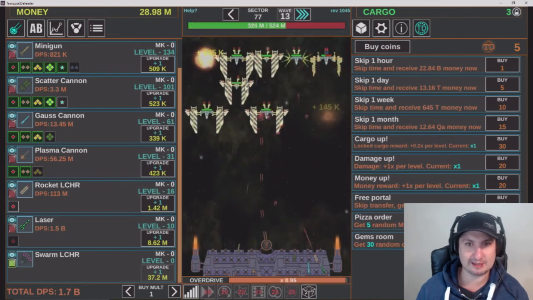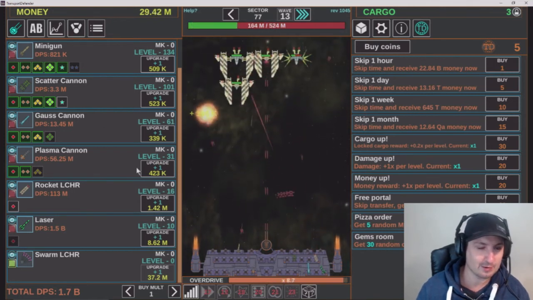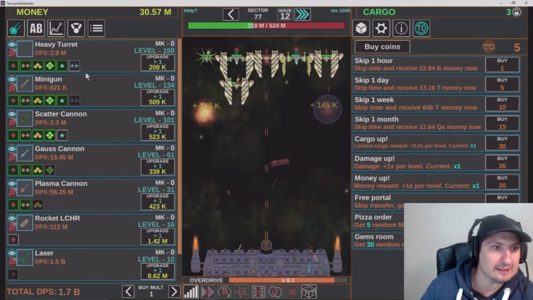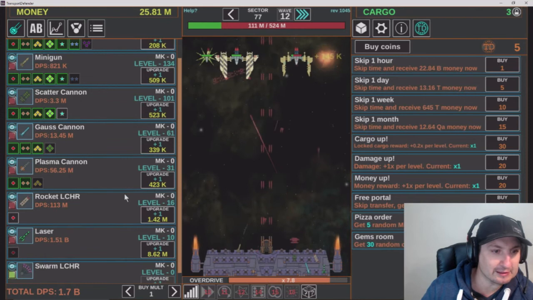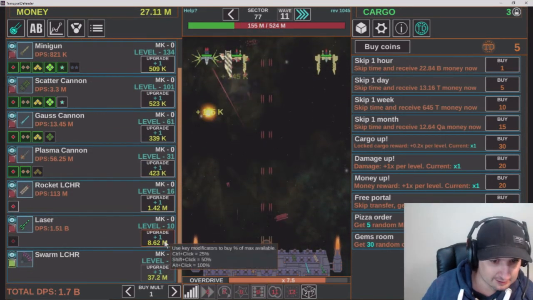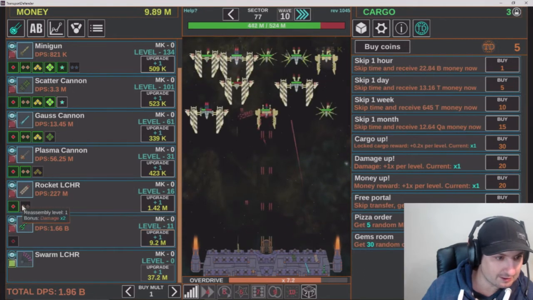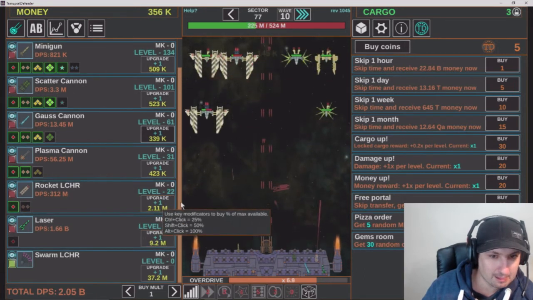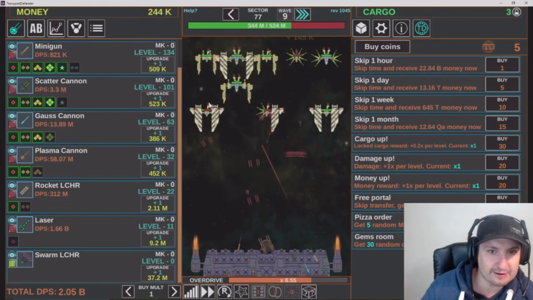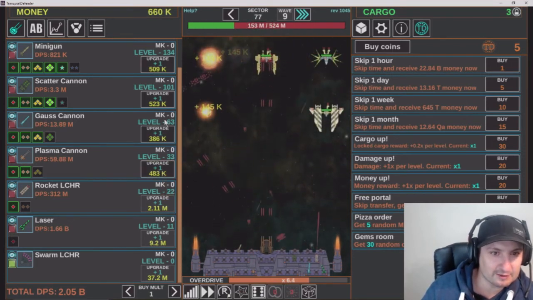And I'm really stuck now. I'm on 77, and I've struggled because I haven't microed my powers properly. I'm sort of struggling with my DPS a little bit. I haven't got many points down here. What I like to do normally is keep them even, but the first one you kind of just have to